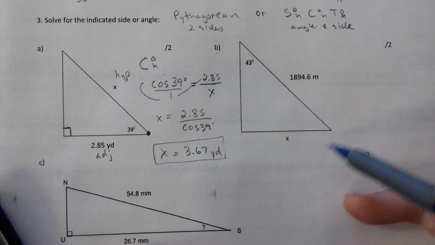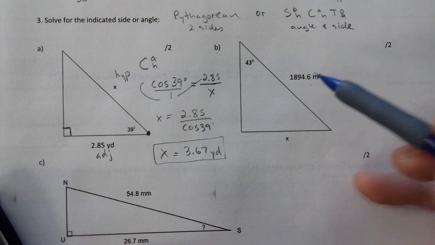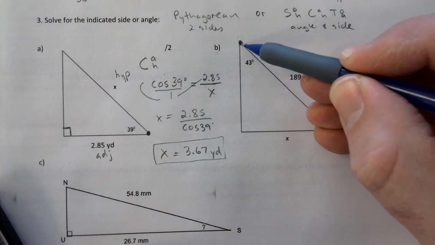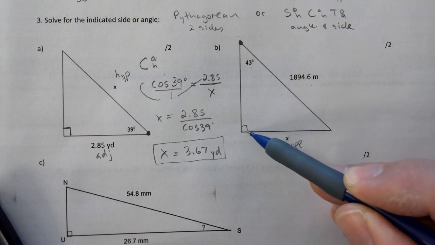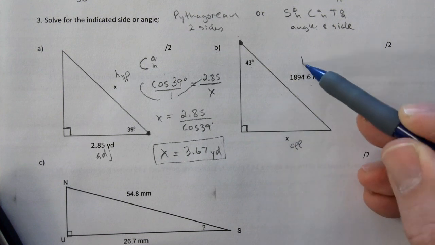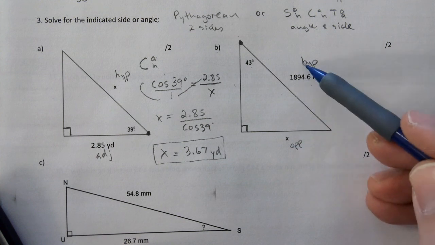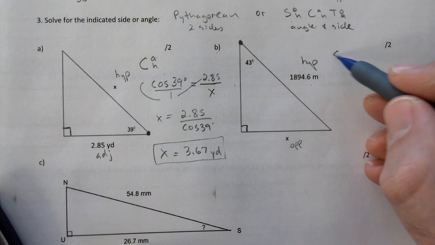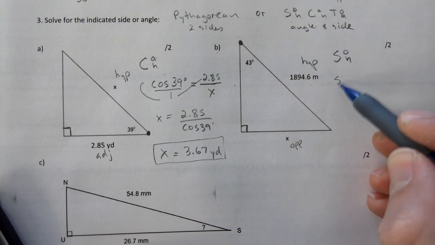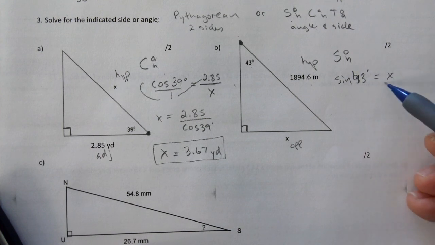B, we're going to do this one. We have an angle and a side. We need to use SOHCAHTOA. You are positioned here, travel outwards. That's your opposite side. There should be a 90-degree angle here, so this will be the hypotenuse. We don't care about the adjacent. So O and H, the only one that has O and H is SO, right? So sine of 43, is opposite over hypotenuse, which is